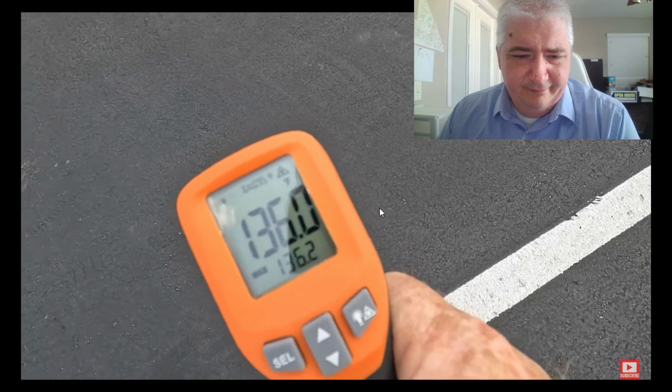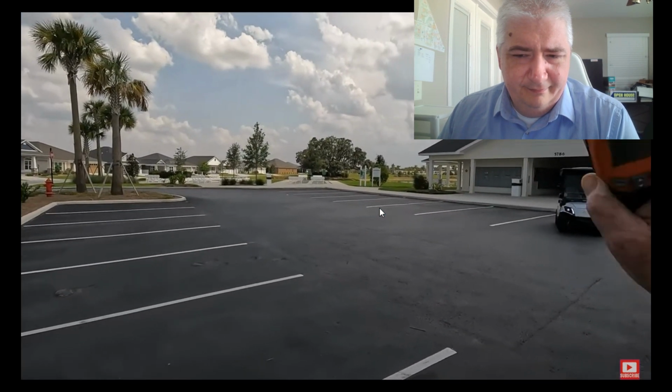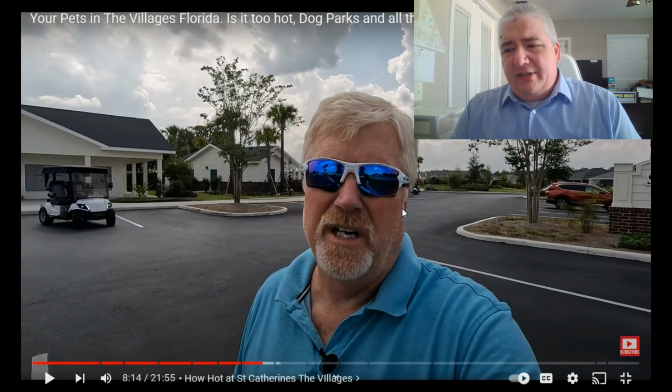136, and this is in the shade. 136, 140 degrees, and this is kind of an overcast day. So it's definitely hurting your animals. Walking them across this and walking them over to this area is probably 60 seconds. So you're definitely subjecting them to walking them down the street on here. Coming in here, you're 125, 130 degrees. Once you get onto this black area, you're already up to